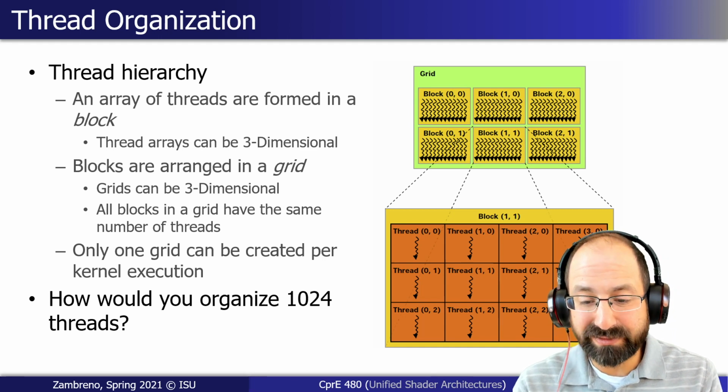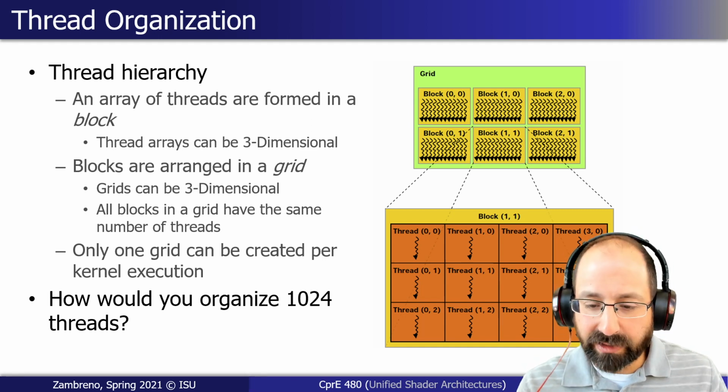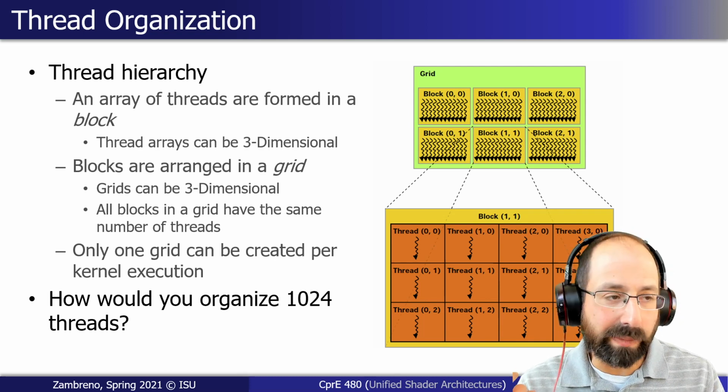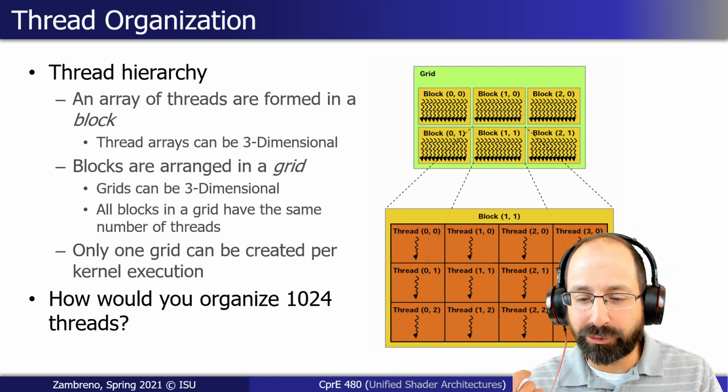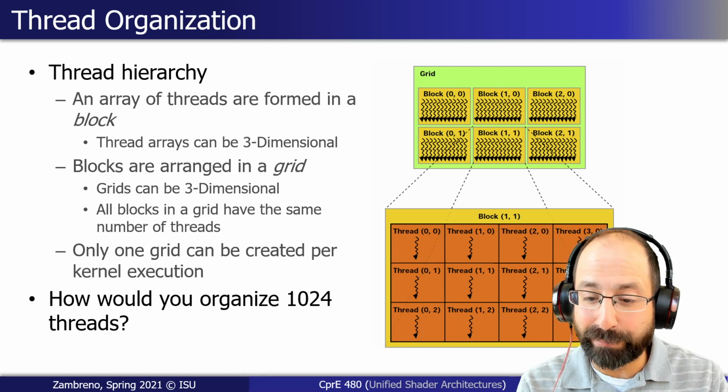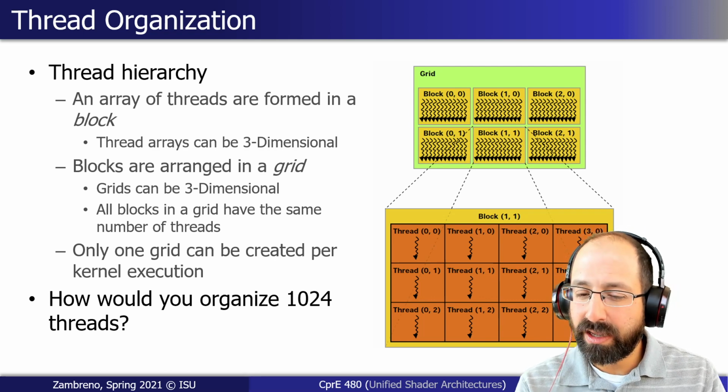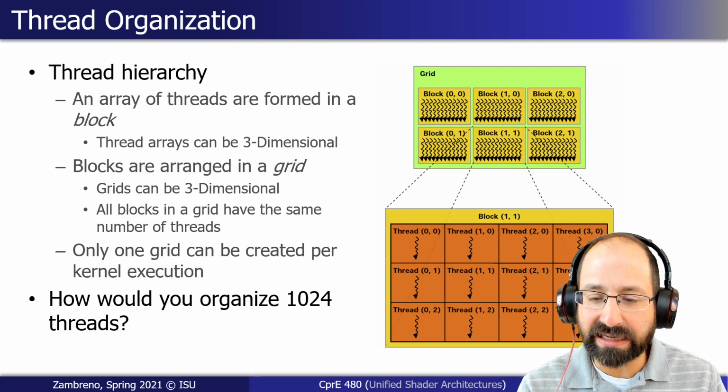For vector addition, it doesn't matter, right? And for matrix addition, it doesn't matter. It's all entirely parallel. Any block and grid layout will work roughly the same from a performance perspective. Real world applications don't have that many nice, clean things. So